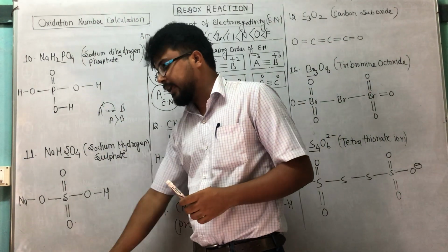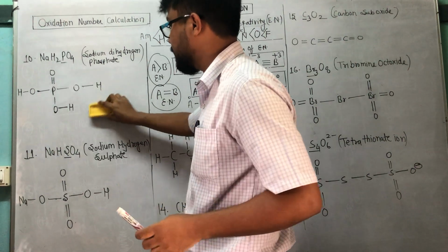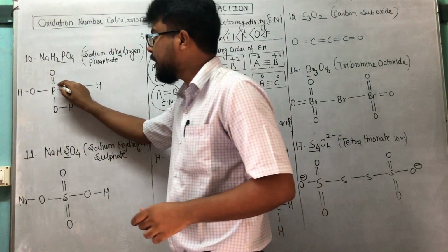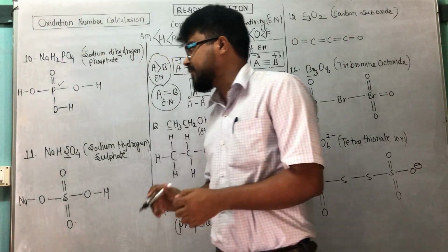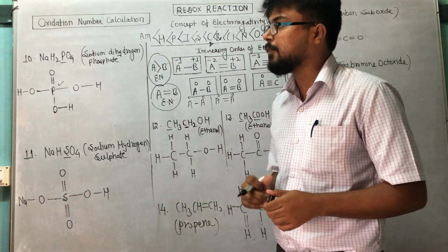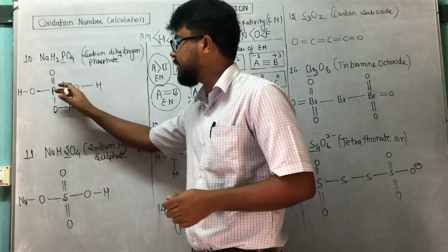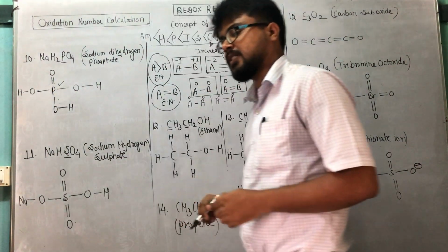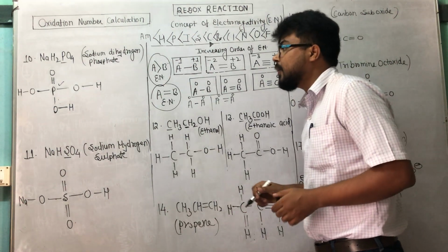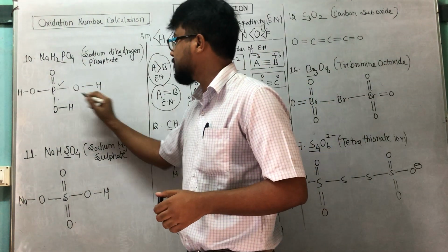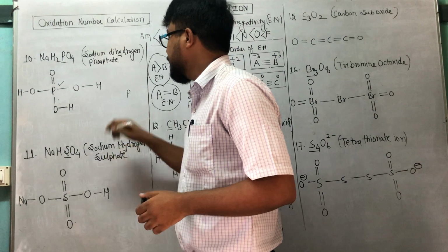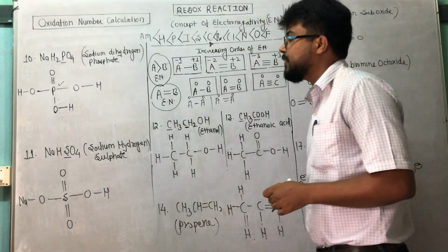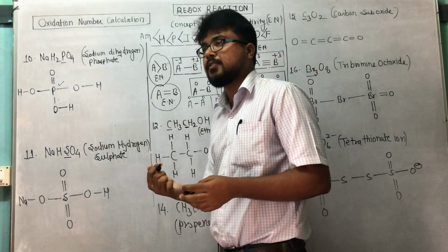So how can we calculate the oxidation number of phosphorus? Students, see, phosphorus is in the middle and it is surrounded by oxygen; on some sides it is a single bond, or it can be a double bond, correct? Here there are 3 single bonds for phosphorus and 1 double bond for phosphorus, correct? And the bonds are present between phosphorus and oxygen. Tell me which is more electronegative or less electronegative among phosphorus and oxygen.